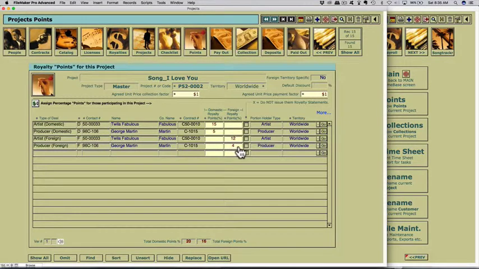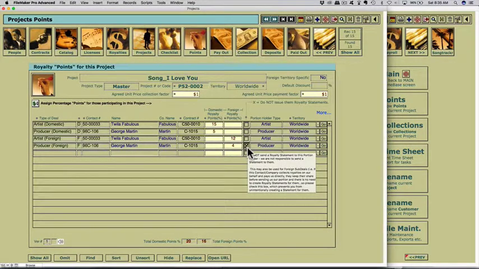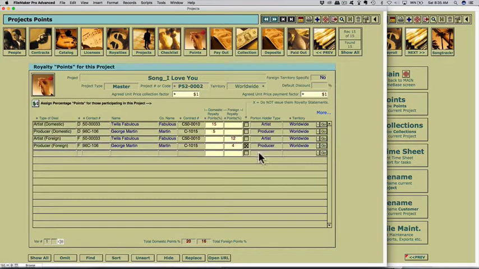Now, if you're not responsible for paying a royalty statement on George Martin, for example, you would click this, and then it would not create a line item where you would create a royalty statement. It wouldn't allow you to create a royalty statement. This is just a checkbox that prevents you from paying somebody inadvertently that you're not supposed to pay. So if you had a bunch of artists listed here, you could list them all and then click this if you're not responsible to pay them their royalty. It just gives you an